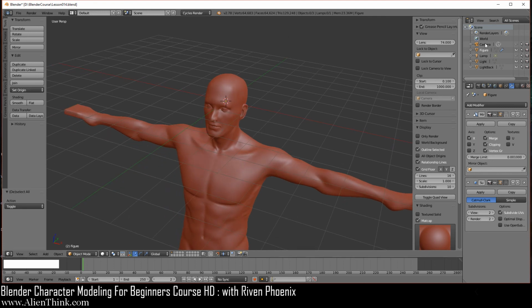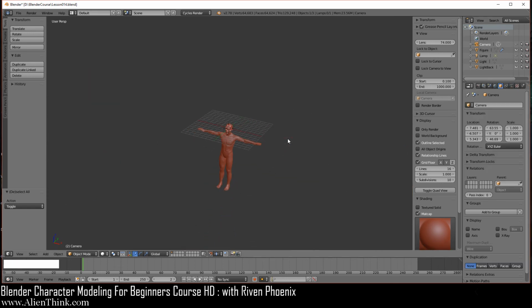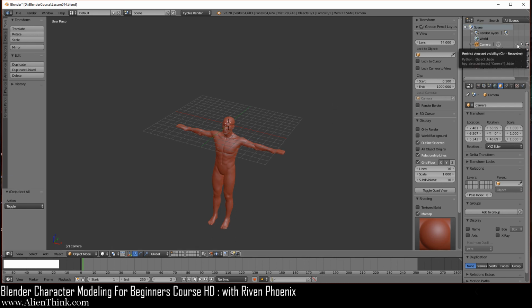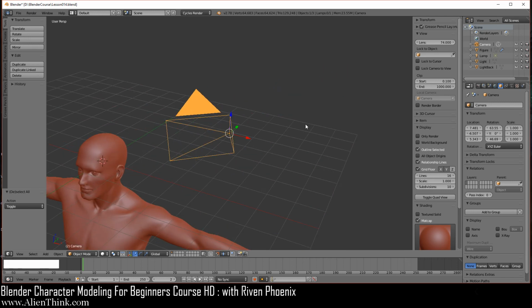Okay, but the camera is actually a separate concept, and this camera is what we use to actually render our 3D scene. So if I click on this camera, if I zoom out over here, you'll see that the camera is hidden. So I'm going to go ahead and click on this eye over here. Now the camera appears over here. So go ahead and press the period key and we'll now home in on the camera.